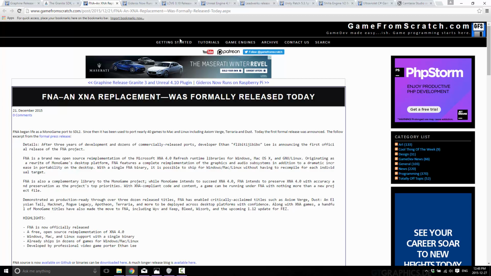Where Monogame kind of re-implemented things or changed things up, this is literally a desktop port, so it's purer too. In some ways, it's supposedly faster and less bug-ridden than Monogame. Now, on the other hand, it does not have mobile support, so there's a bit of a catch over which way you want to go with that one, but it definitely gives you another option if you have existing XNA code.